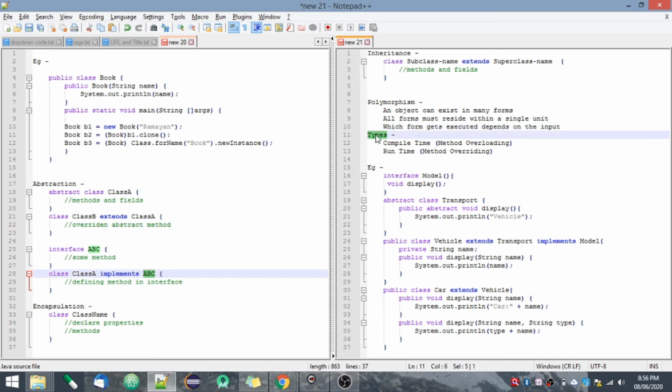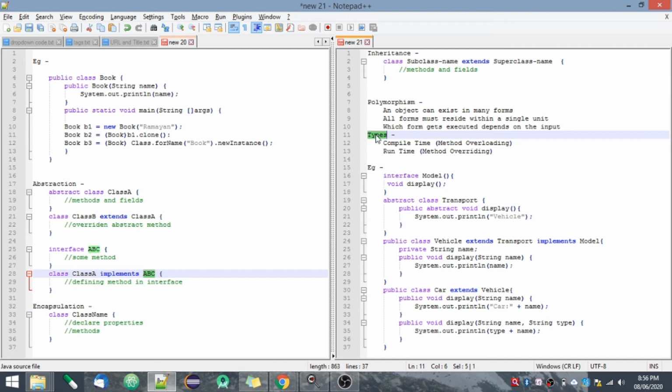Now there are 2 types of polymorphism, that is compile time and runtime. Compile time is also known as static binding or method overloading, and runtime is known as dynamic binding or method overriding. Method overloading is basically when multiple methods with the same name but different signatures are present in a single class.